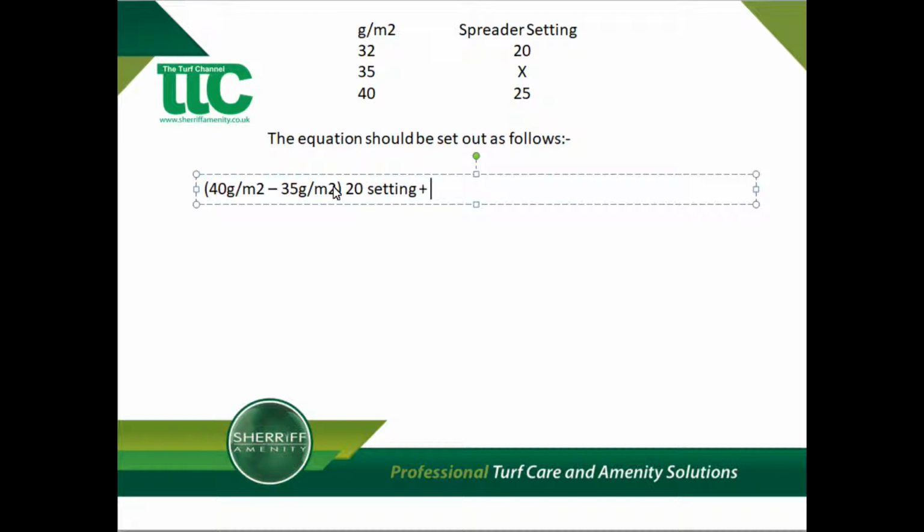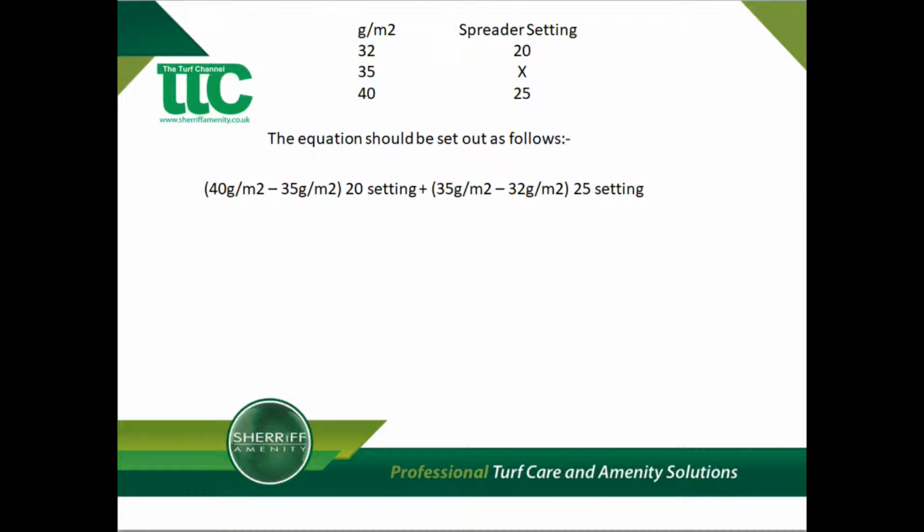We need to take the application rate we want to apply, which is 35, and we minus this with the lowest grams per meter squared application rate, which is 32. And we multiply this by the highest spreader setting, which is 25. Next we must divide this sum